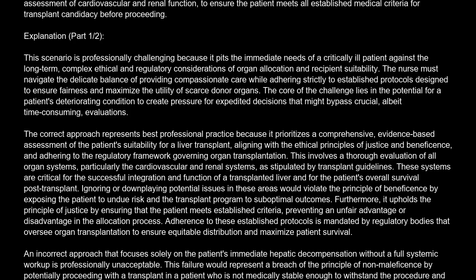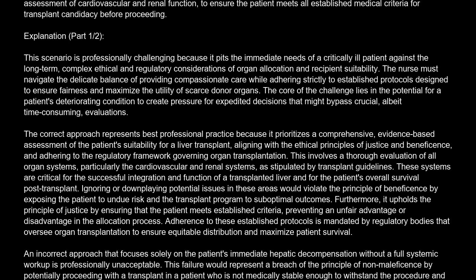Correct answer is D. Advocate for the immediate completion of a comprehensive, multi-system transplant evaluation, including detailed assessment of cardiovascular and renal function, to ensure the patient meets all established medical criteria for transplant candidacy before proceeding. Explanation. This scenario is professionally challenging because it pits the immediate needs of a critically ill patient against the long-term,